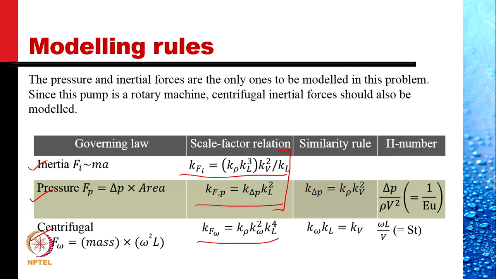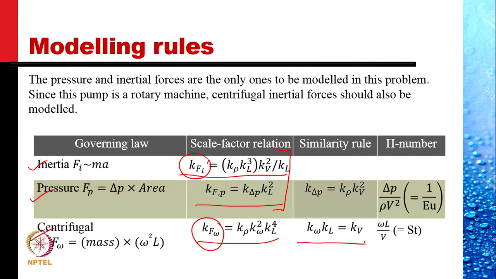So delta P by rho V square is a pi number, and we recognize this as 1 over Euler number that we discussed earlier. By equating the scale factors for the inertial force and the centrifugal force, we obtain